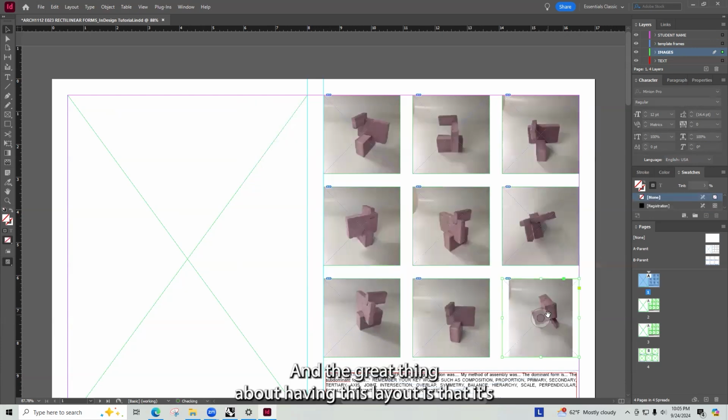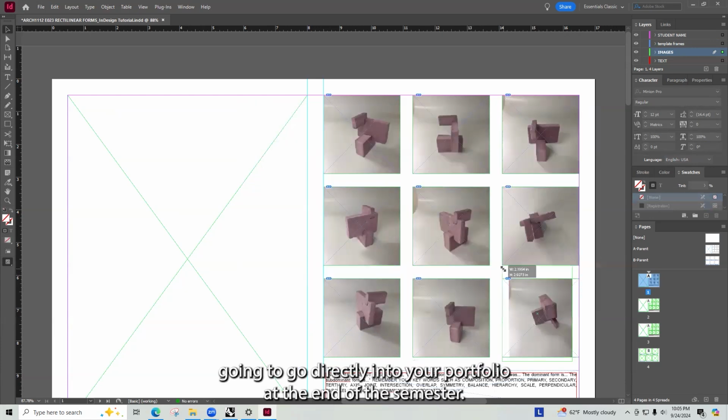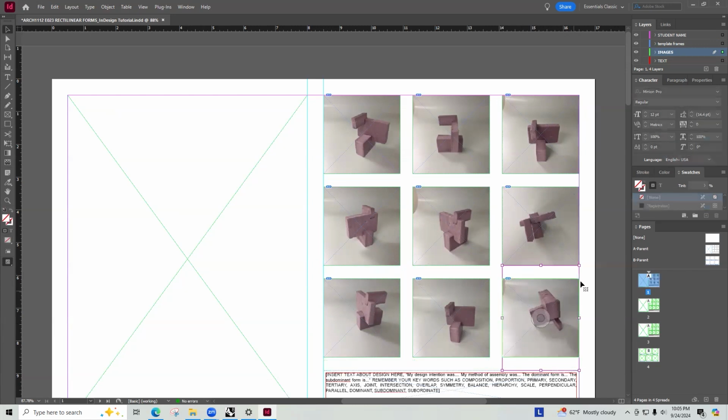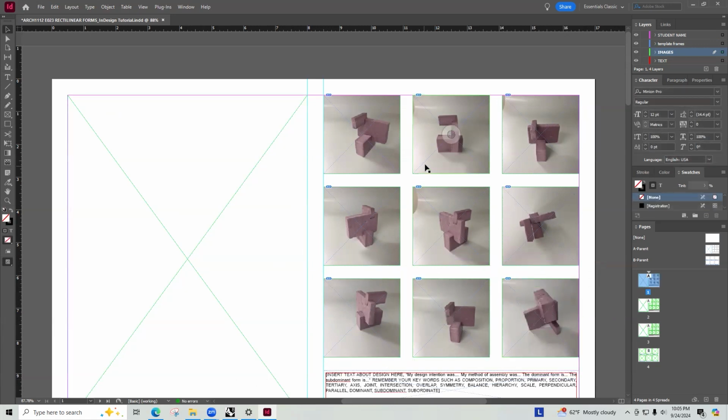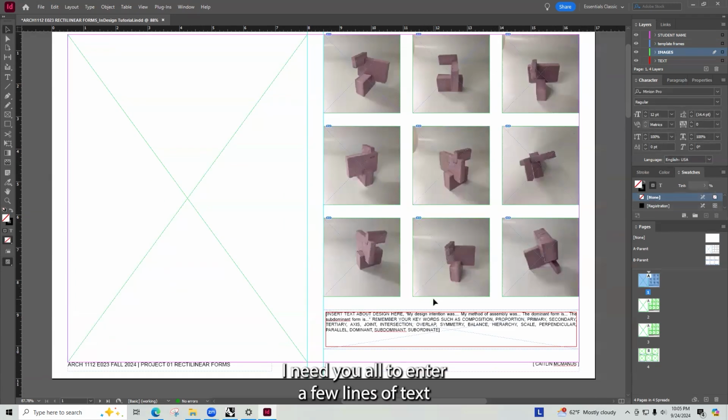And the great thing about having this layout is that it's going to go directly into your portfolio at the end of the semester. And that's something that I also do grade. So, you're saving yourself the work later on. So yeah, that's great. I need you all to enter a few lines of text about your model, about the